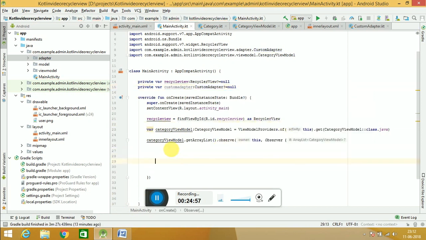Okay, now what to do, because we need to push these values, because we are getting the data in get array list as our view model. So for that